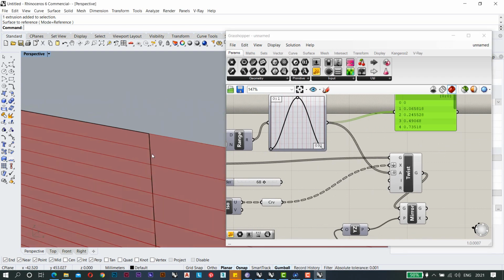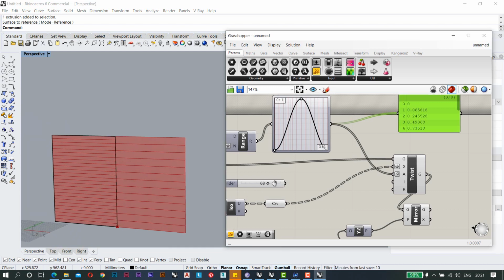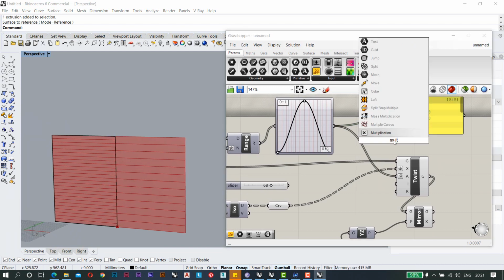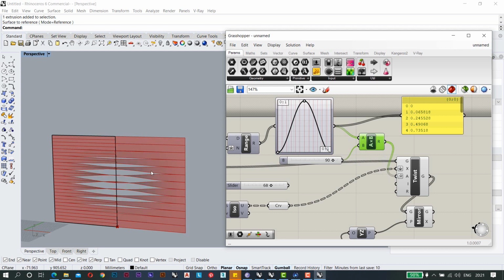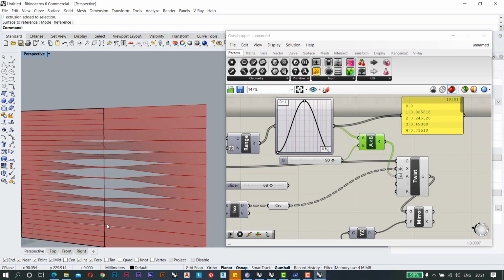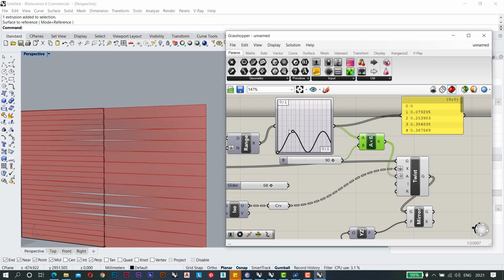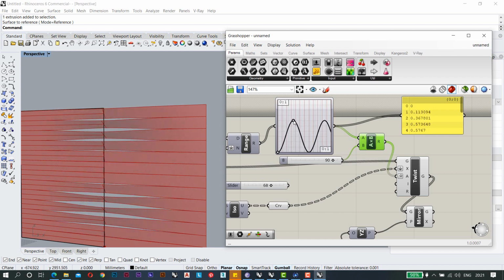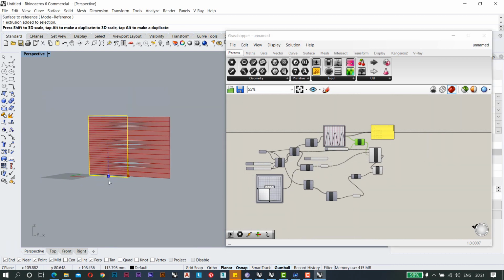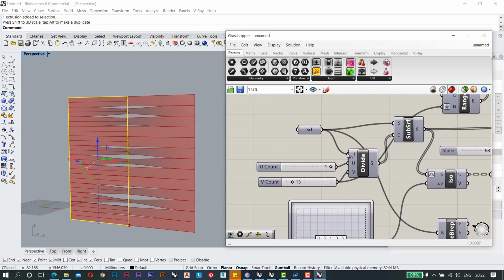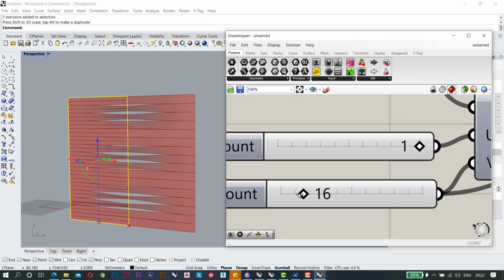The twist is there, but it is very less. So what we need to do is we have to multiply this value. So for multiplication, I'm going to use this one, and then I will use 90, because the maximum turn we want is 90. So I'm just connecting this directly here. So here you can see the value is first increasing and then decreasing. It will depend on how much curve you need. If you want more curvature here, you can do it. You can change these things also, and it will become more, or if you want to make more divisions in it, you can do it from here also.